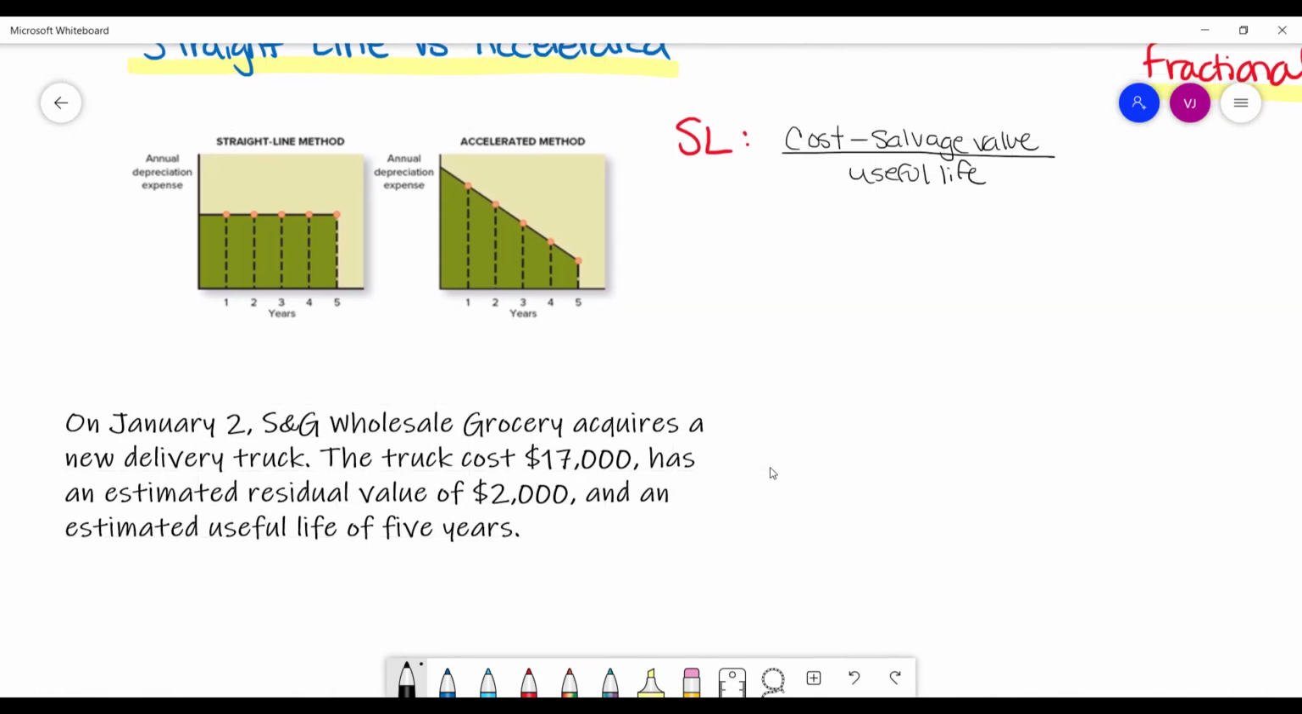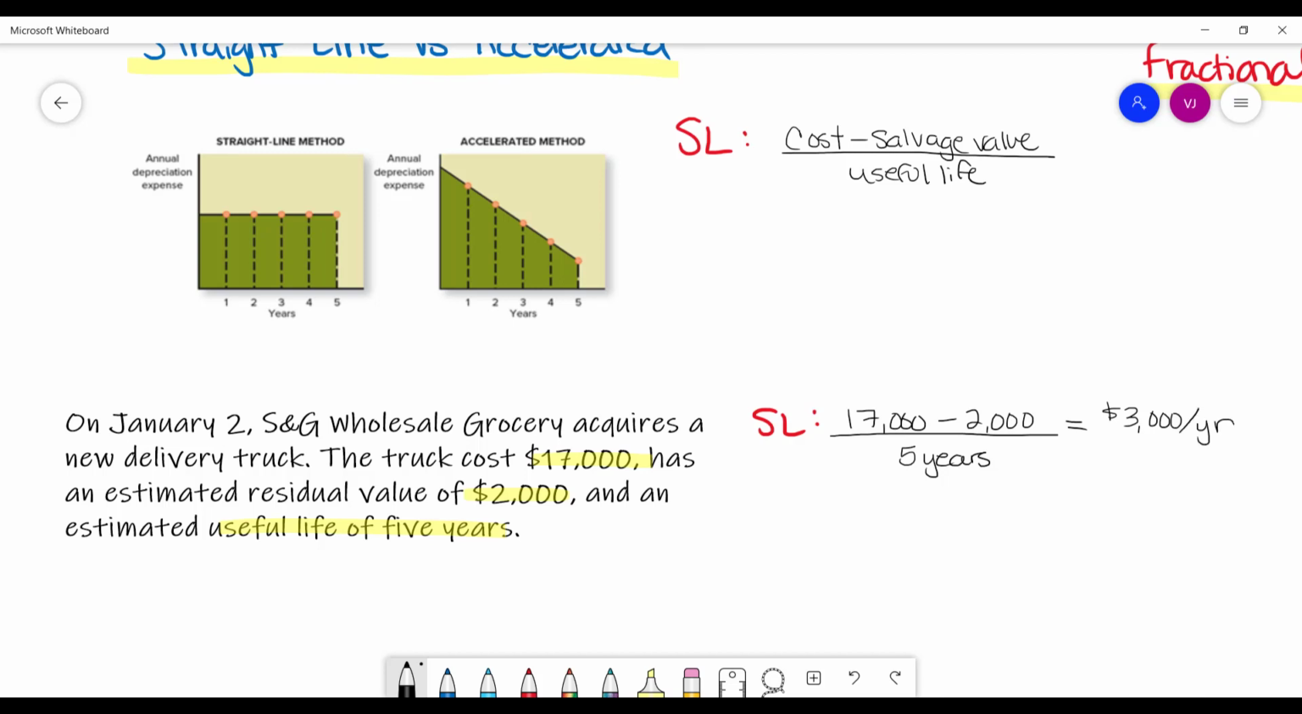But let's look at an example here. On January 2nd, S&G Wholesale Grocery acquires a new delivery truck. The truck costs $17,000 and has an estimated residual value of $2,000 and an estimated useful life of 5 years. So how would we record that depreciation? Well, the straight line depreciation for this, we start with the cost of the asset, so that's $17,000, minus any salvage or residual value, which is $2,000. So we have $15,000 up at the top, divided by 5 years. So a whole year's worth of depreciation, $17,000 minus $2,000, that's $15,000, divided by 5 years, that is $3,000